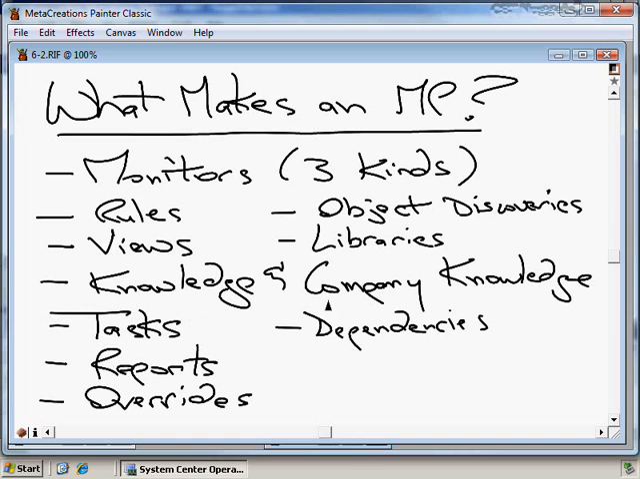There's knowledge and company knowledge in there. The knowledge is text information about what's going on that's put into that management pack by the developer themselves. Or company knowledge, which is additional knowledge that you may add in your own environment that's specific to your own company that relates to the items that you may see, the alerts that you may see as a management pack